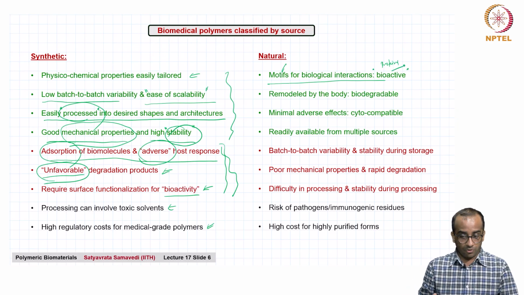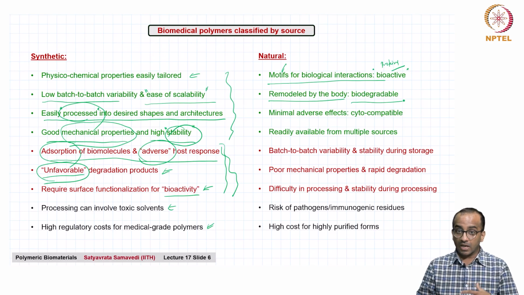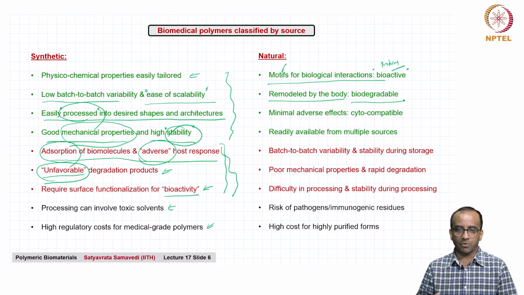Most of these polymers can be remodeled by the body through different mechanisms, which makes many of them biodegradable. For example, collagen is a polymer we have alluded to earlier, and we will look at that in far more detail in a subsequent lecture. It can be remodeled by the body. So, if you are making biomaterial devices that incorporate collagen, then that has to be accounted for. The fact that it can be remodeled and degraded in the body based on where it is used. Gelatin, which is another form of collagen, a processed form of collagen,